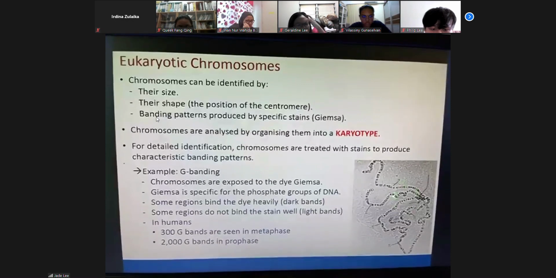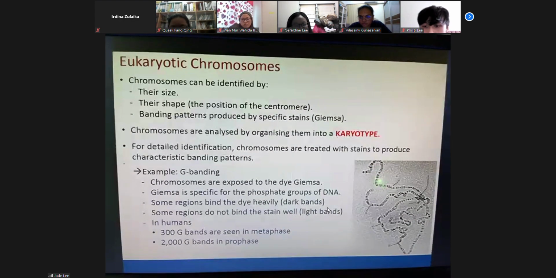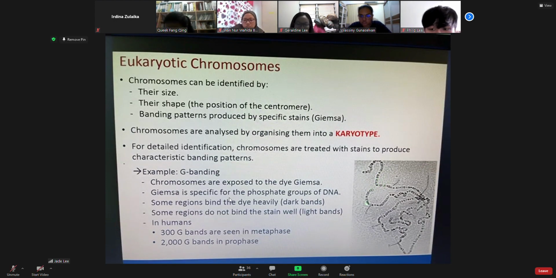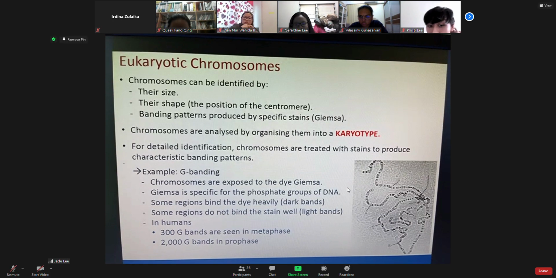Contoh di sini. Can you see here? You have the very dark banding, some very light banding. Nampak tak di sini? Can you see that? Yes, doctor. Okay. Yeah. This also contains a few chromosomes. So from there, you can see each of these chromosomes have different types of banding pattern, betul tak? Yes, doctor. Okay.